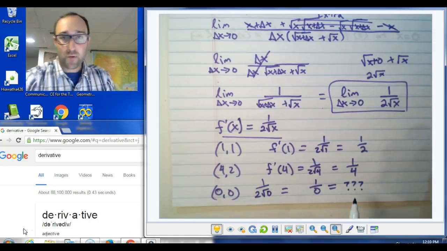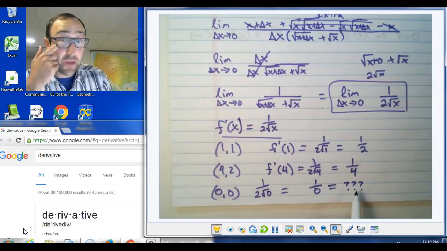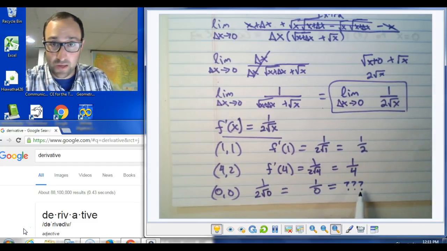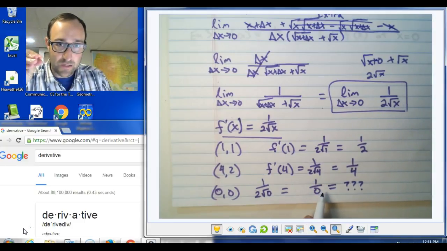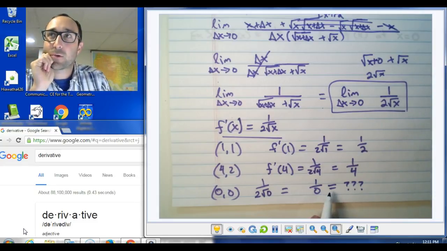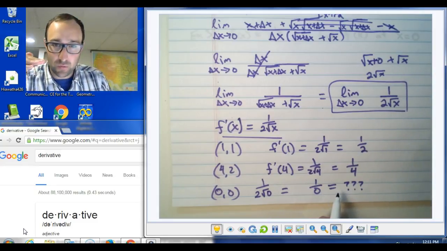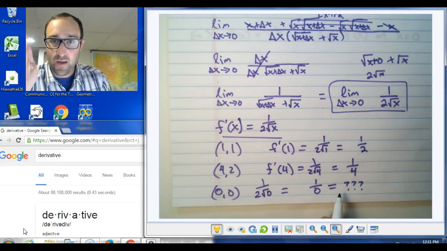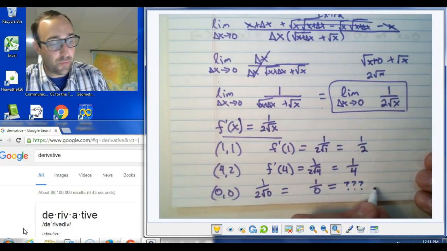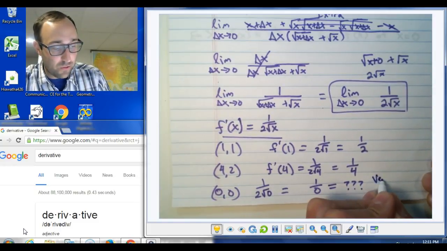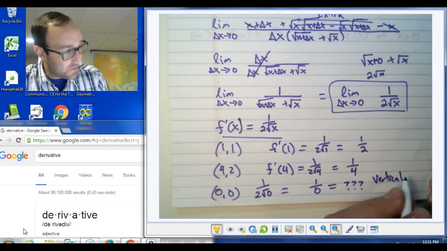If we have a problem like that, think about it in a way that makes sense. Go back to thinking about slope: what happens when the slope does not exist? What type of line is it? Well, it can't be a horizontal line, because that's when y equals 0. We had a problem, we couldn't write the equation when it was a vertical line, like that. So this will tell you that the slope is vertical. We have a vertical asymptote